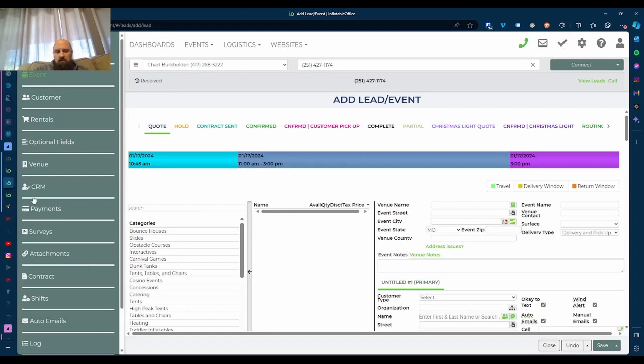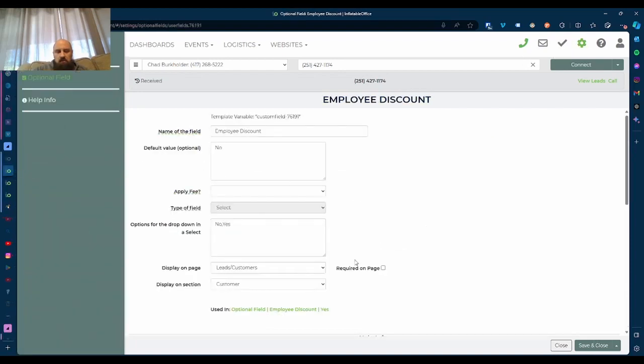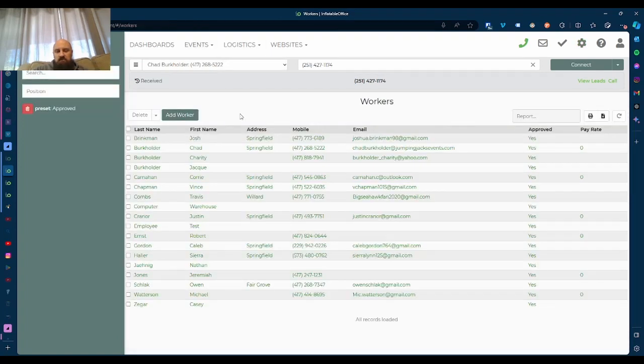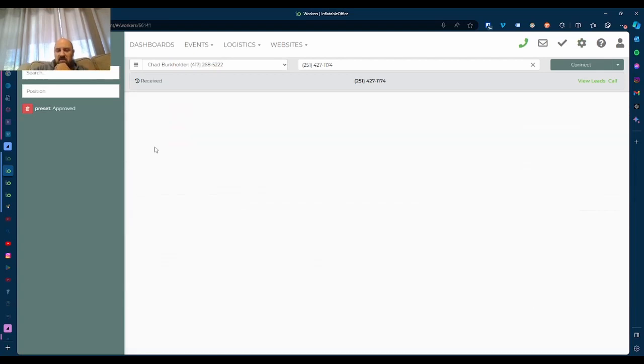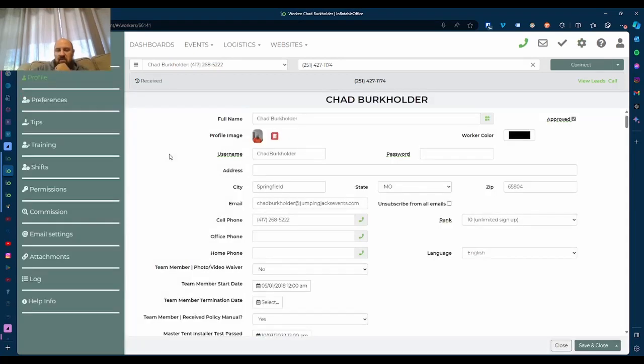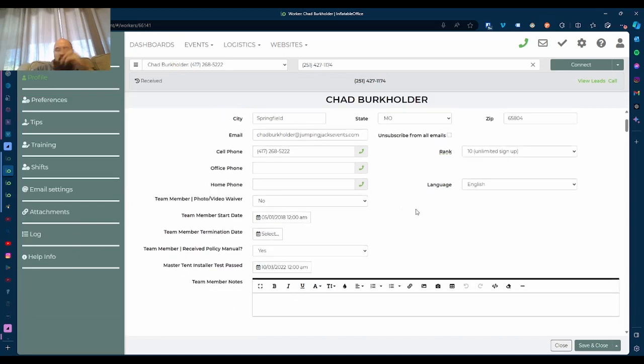Let's see what other. The inventory one and the leads are my favorite ones. My other ones I use often is in my workers. I don't know if many people use these. So IO is my central hub of software. I don't like using more than I have to, and so I try to do everything in it. And whatever I can't do, I'll do some in other software. But this is